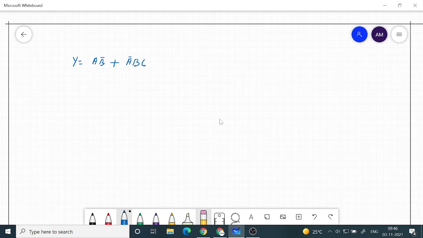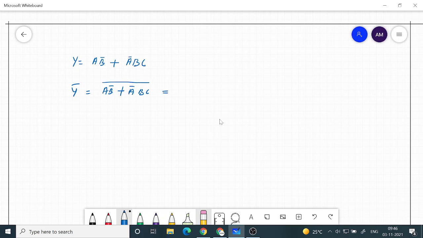So this is given in SOP form, so directly you can find out its efficient implementation using only NAND gates. So y bar is equal to (a b bar plus a bar b c) the whole bar.